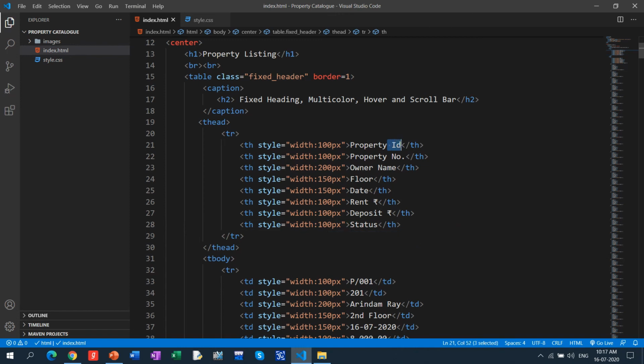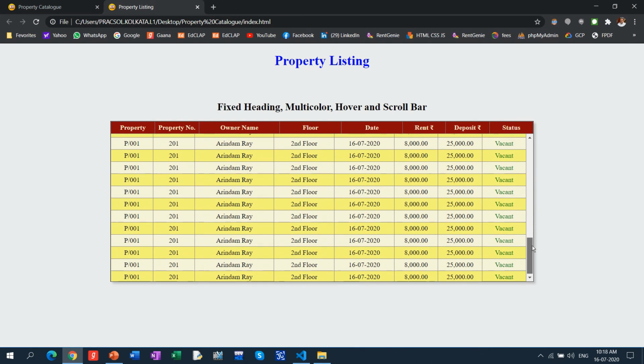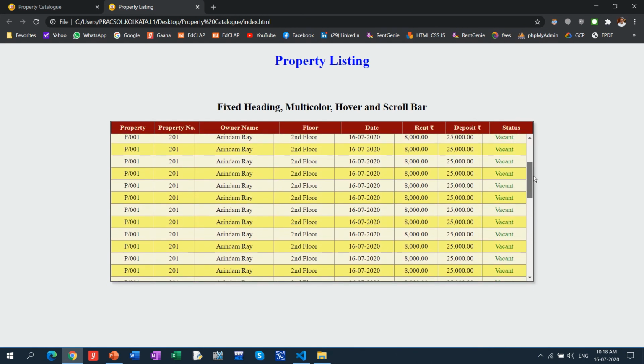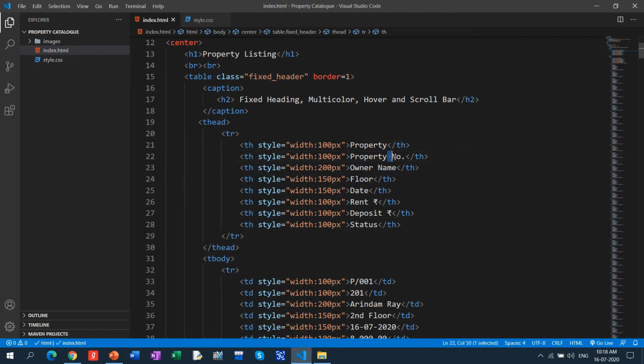Property, make it number, property 100, because the size of this entire data will remain the same, and the heading we need to fix, otherwise it will be a little bit different.